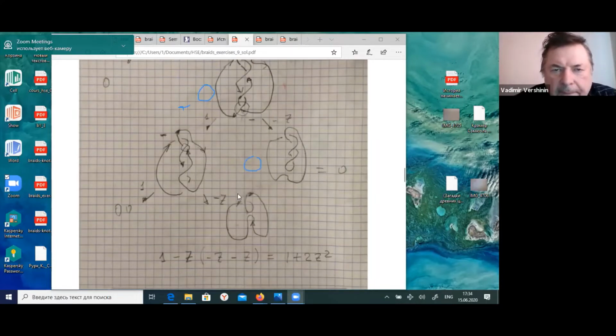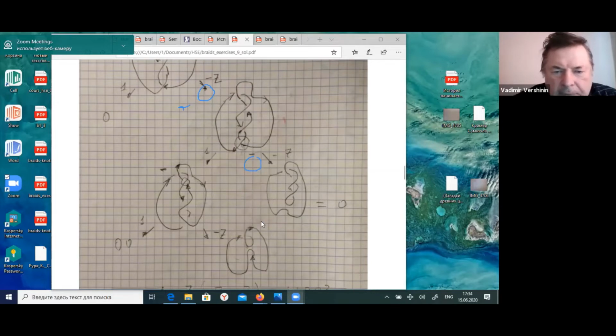We're making resolution here to be more careful. This way overcrossing, this way undercrossing. Then we go this direction. Again, this is negative. So when we are making resolution, again 1,